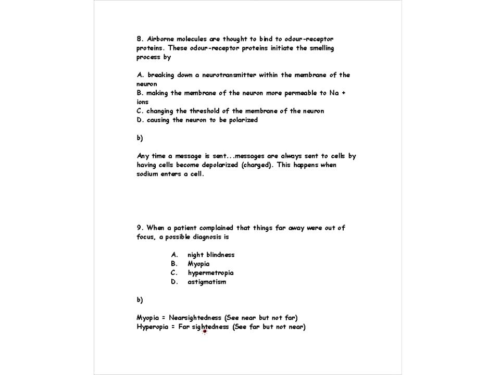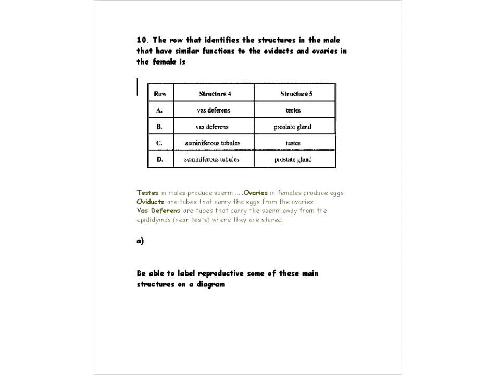The other condition is hyperopia, where you can only see things far away. You can't see things very well that are near. And if you want to try to remember which is myopia and which is hyperopia, if you remember that M and N are close to one another in the alphabet, you'll remember nearsightedness. Okay, that's myopia. And then hyperopia is farsightedness. All right, so on to the next one.